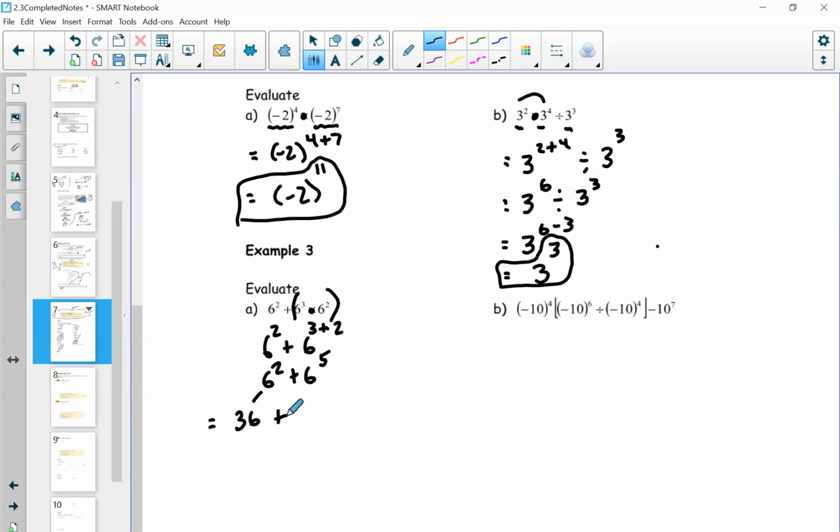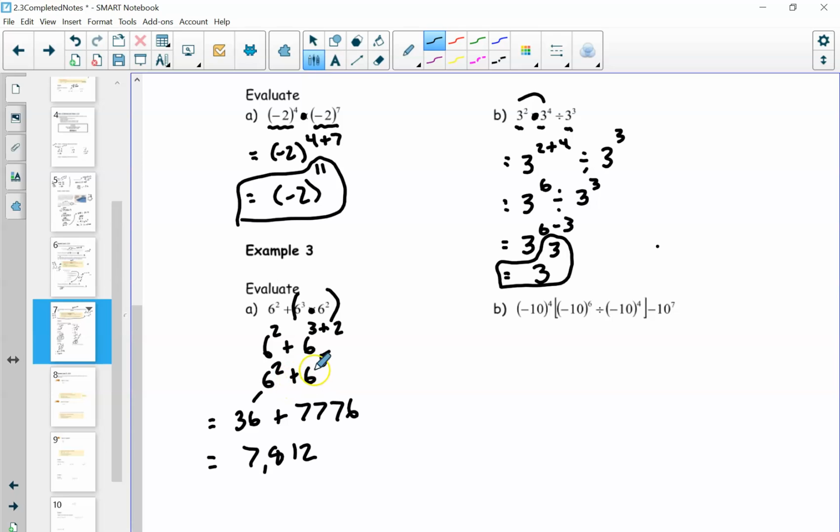That's a big power, so I'm going to put it in my calculator. 6 times 6 times 6 times 6 times 6. Is that 5 of them? Indeed. And the answer to that is 7,776. Okay, let's just add 36 to that. And we've got 7,812. So what's important about questions like this is that you recognize that as soon as you